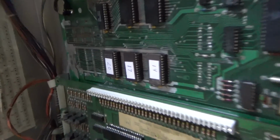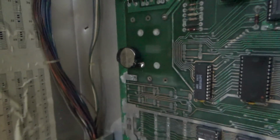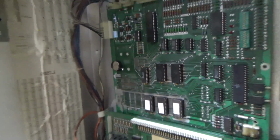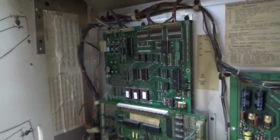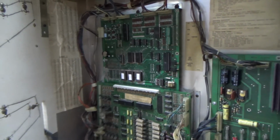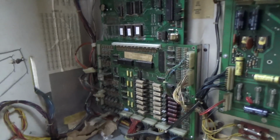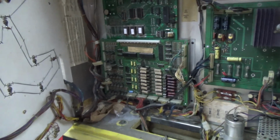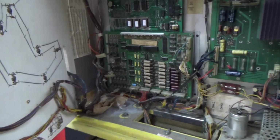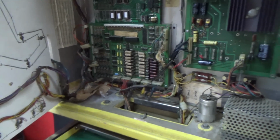All right, folks, so here's our 3 new chips. I went ahead and put a battery on it, and I ran into all kinds of problems. I'm going to show you here in a second. I've been working on this thing between the last part of that video and this part of the video for like 2 weeks. So I'm going to show you what I figured out. You get in these things where you go down the rabbit hole, and it ain't good, people. All right, so